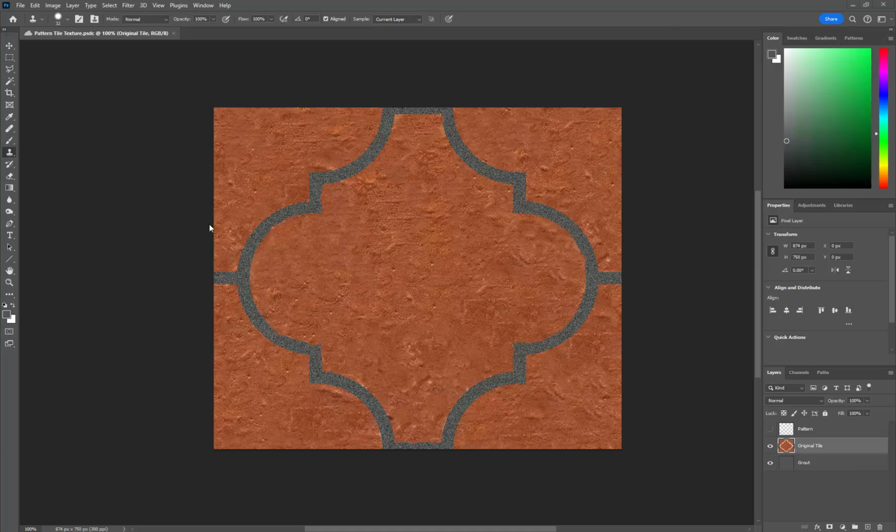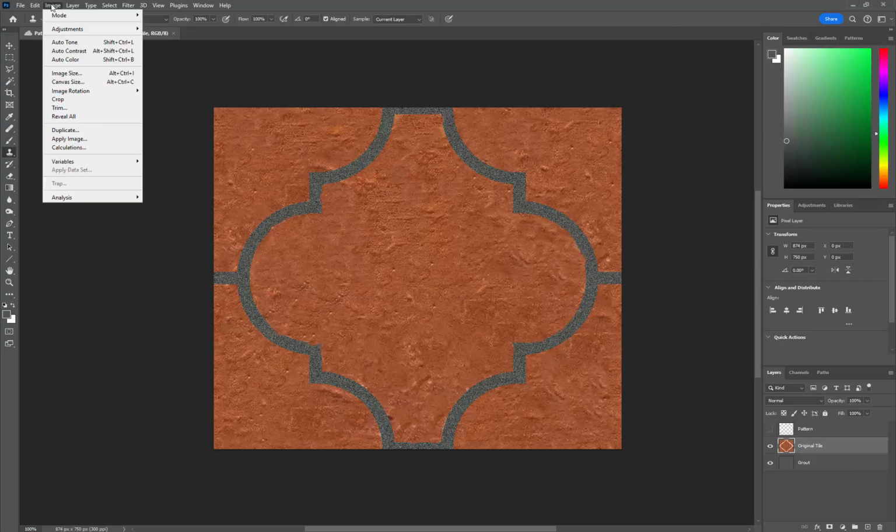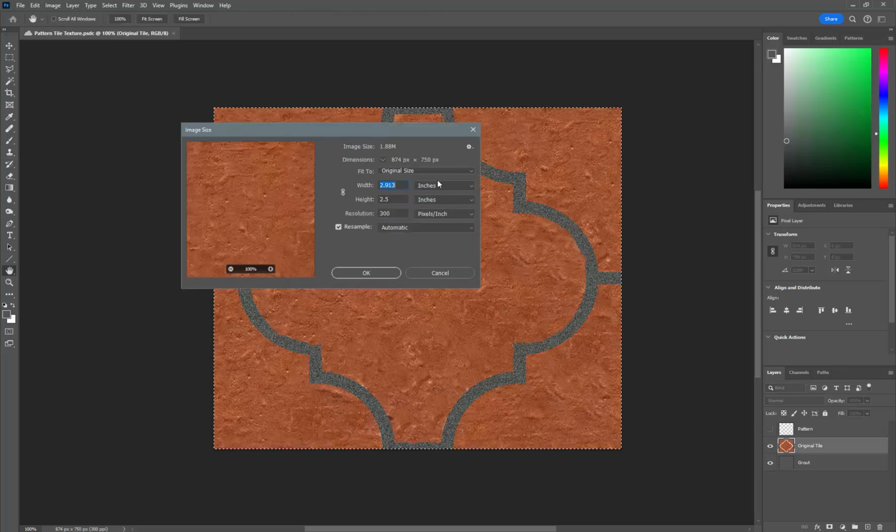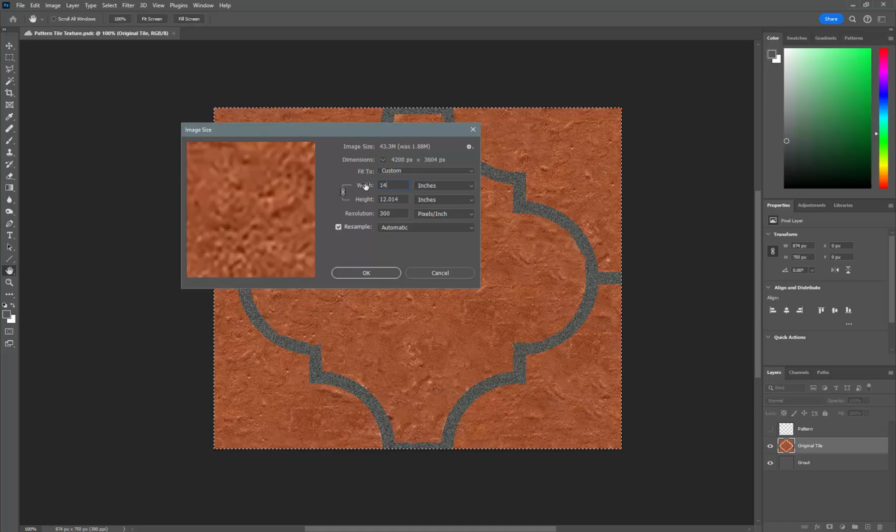Okay, so now I want to make sure this guy is the right size. This is supposed to be 1 foot 2, and that's supposed to be 1 foot. So I'm just going to go to Image, Image Size, and it's in inches. So right now it's not very big. It'll resample it, which is fine. But the width, let's go ahead and lock those guys. And the width is 1 foot 2, so that's 14 inches. Right? And then if I get 14 inches, then I get